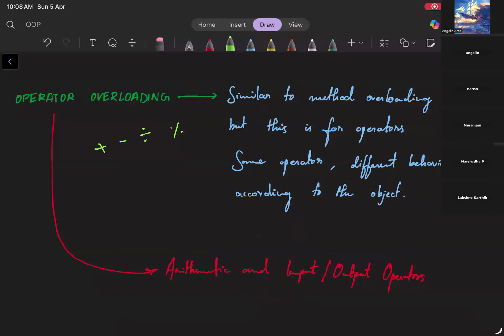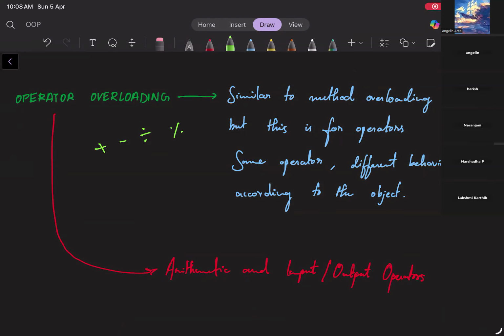Let's say I am making a particular data type. We already have a default int, float, and string, and we have all our default data types. Let's say I'm making a new arithmetic data type, for example, complex numbers. Complex numbers are not defined within C++ anywhere. So I'm defining the class of complex numbers. For this complex number, let's say I want to make an addition between two complex numbers. When I give a simple plus,